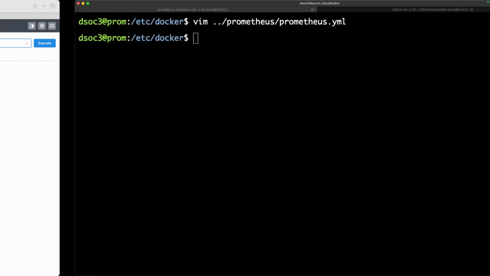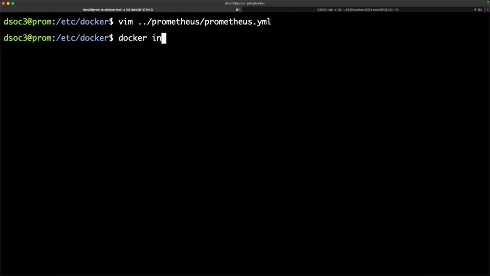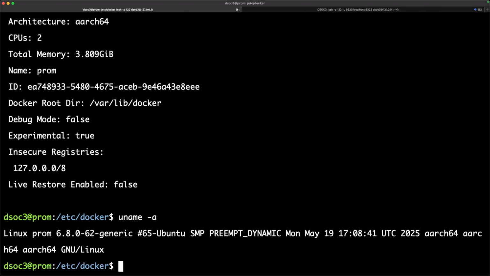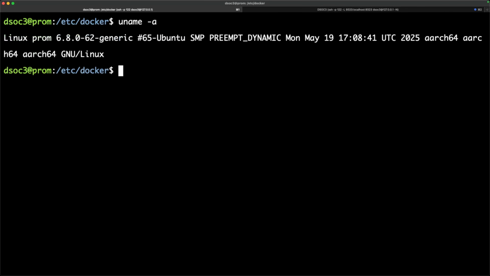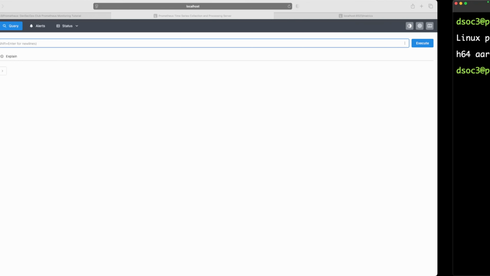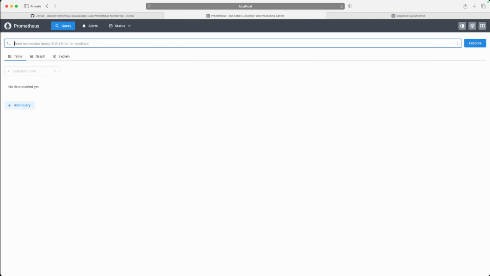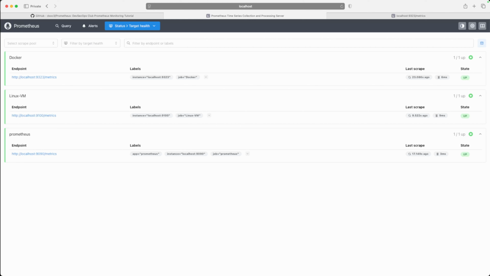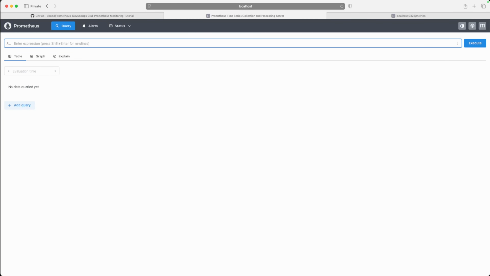All right, so very first thing, for example, when you run docker info like this, you get a lot of information, or maybe uname -a, skip it like this. So you see this kind of information. Similarly, in order to check Prometheus, there is one way we already checked over here, right? Target health, which is up, and it's showing up. It means it's pulling the metrics from over there. In order to make sure our Docker engine is also providing the correct information,